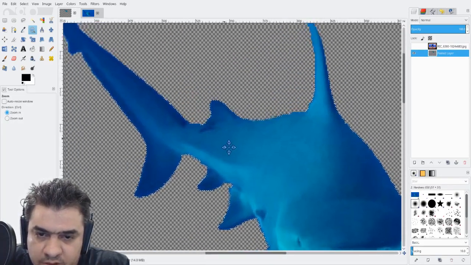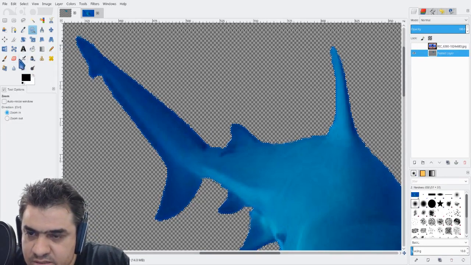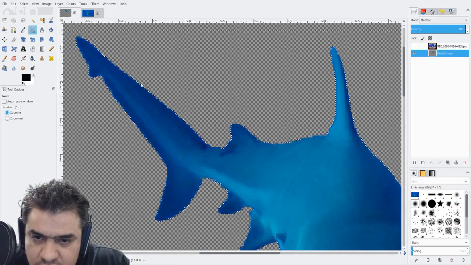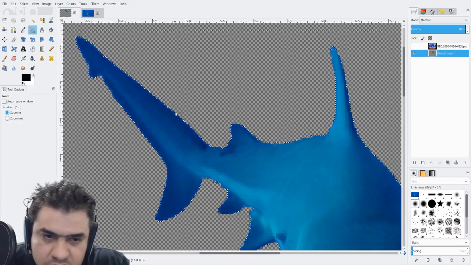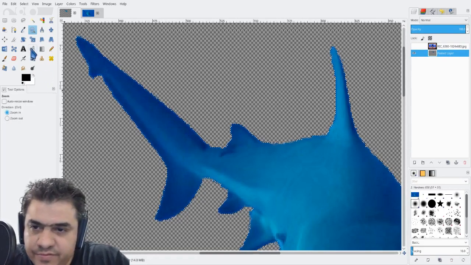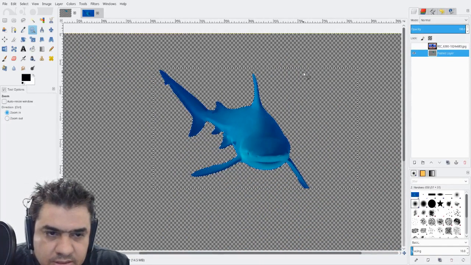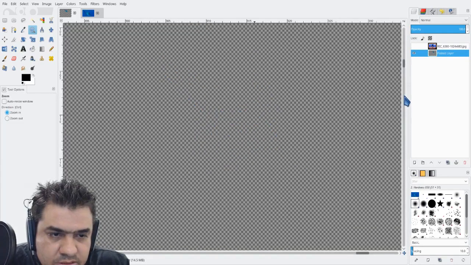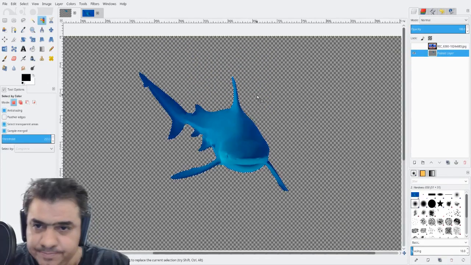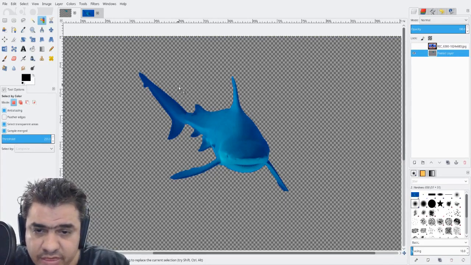So one thing I want to do now is to smooth this border, and to do that I like to erase a little bit of opacity in the border. Just 1 pixel is enough. But how can we do that? First, let's zoom out. It would be nice if we could select everything. Okay, so to select everything,